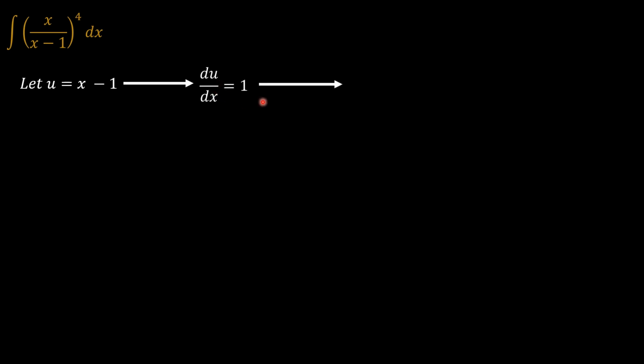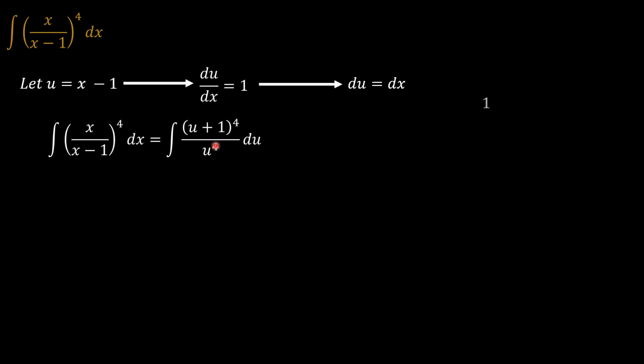Of this problem, the first thing that I would do is say let u be equal to x minus 1, because I don't really like having this extended format in the denominator. So what that results in is du/dx equals 1, and therefore if you go on with the substitution, you can replace dx with du and replace x with u. And so the integral now becomes